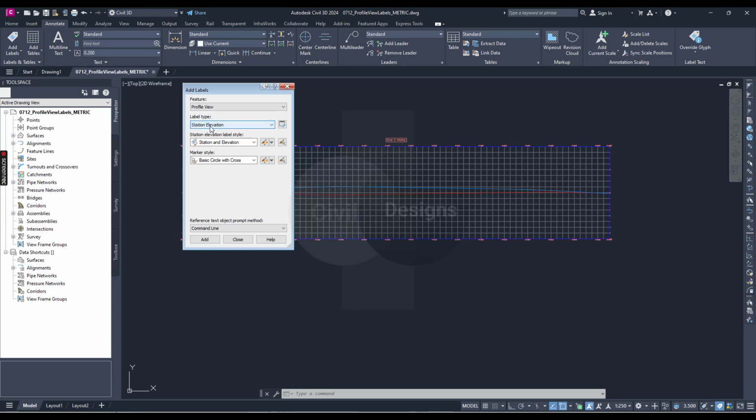and in the label type drop down, just verify that station elevation is selected. In the station elevation label style section here, just verify that station and elevation is selected and marker style is set to basic circle with cross. Just click the add